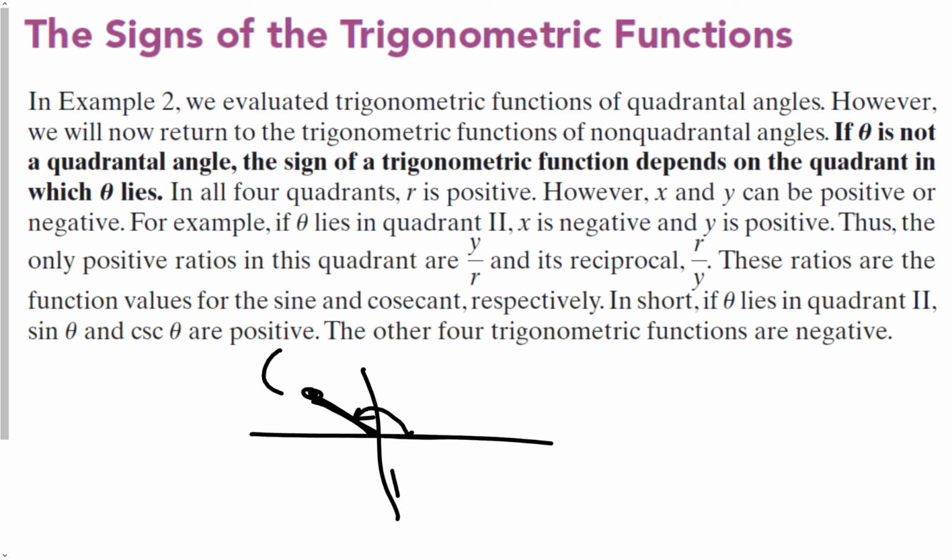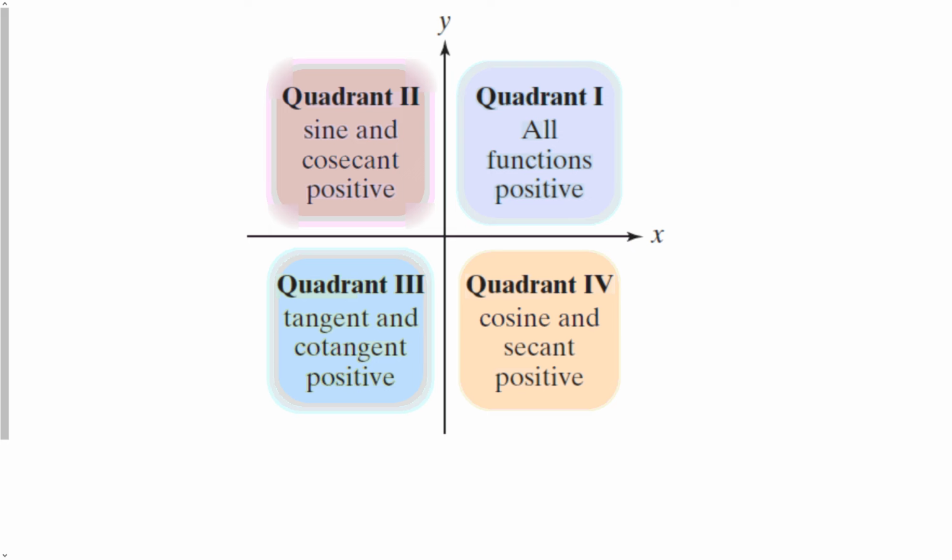However, here we're in the second quadrant, so that means x is going to be negative and y is going to be positive. If we were down here, x and y would both be negative, and if we were over here, the x would be positive and the y would be negative. So these ratios for sine, cosine, and tangent and their reciprocal values are going to depend on what quadrant the point lies in. So if it's in quadrant 1, x is positive, y is positive, so that means all the